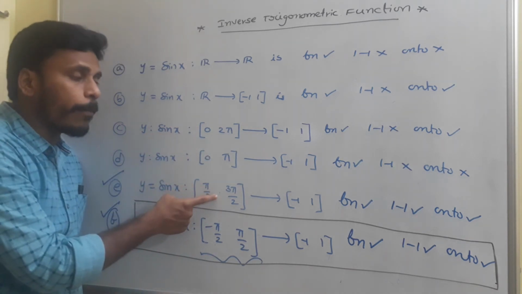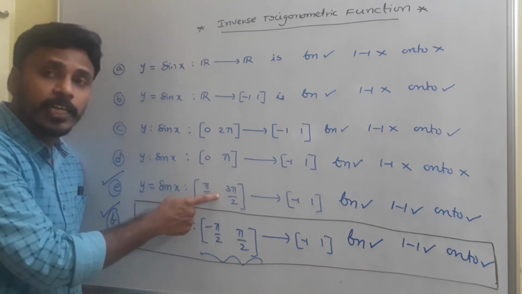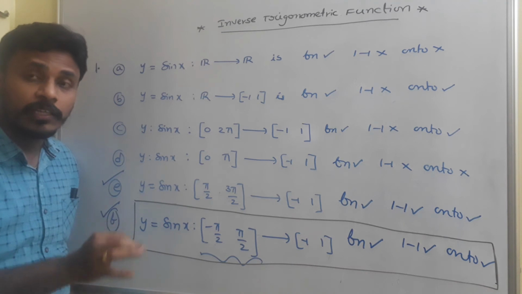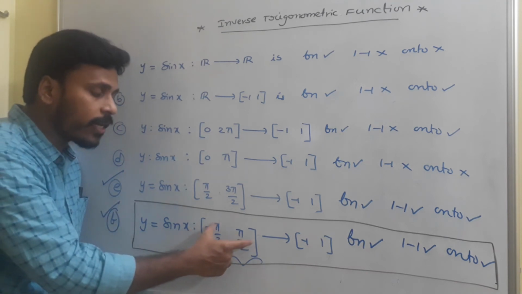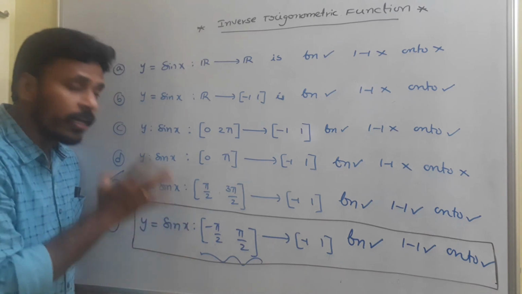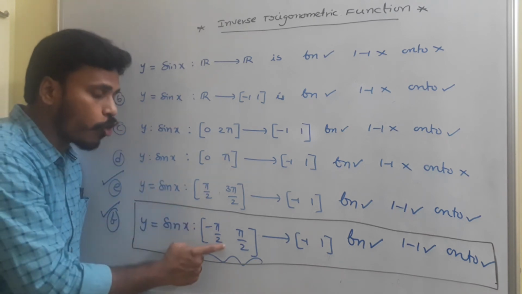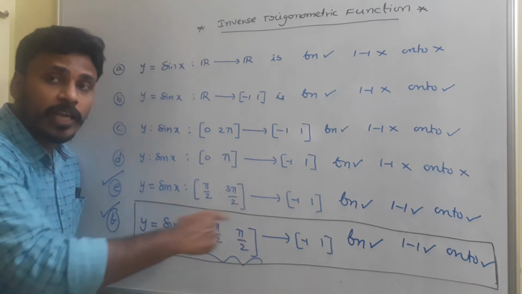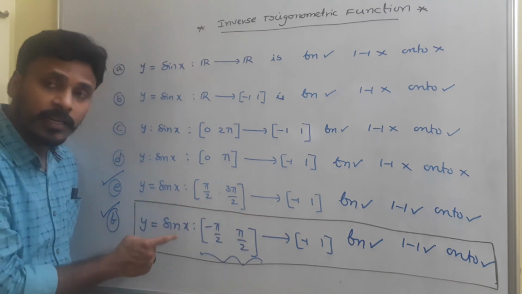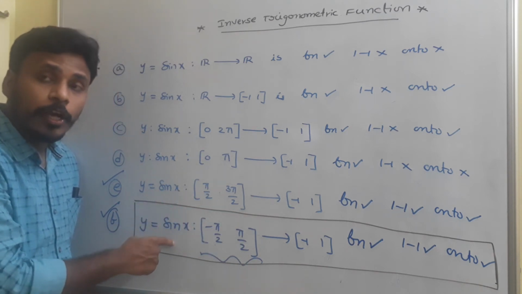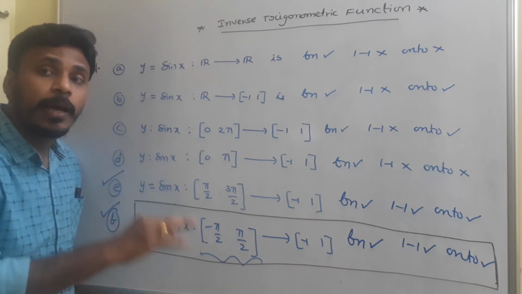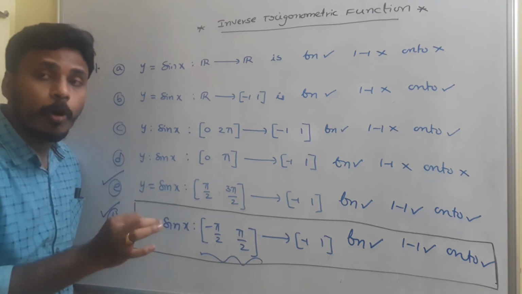This is also a bijection to sin x. For this bijection to sin x also there is a chance to define the inverse, okay. But in general we use this domain and this range as the standard domain and range for the trigonometric function, and with this domain, with this codomain, this sin x will become a bijection. Since sin x is becoming a bijection, if you write the inverse for this sin x, then that inverse will become an inverse function, an inverse trigonometric function.